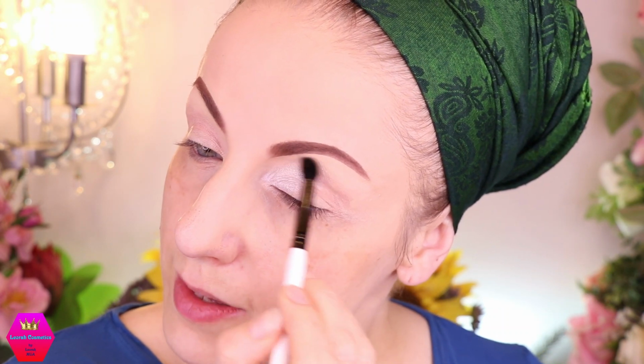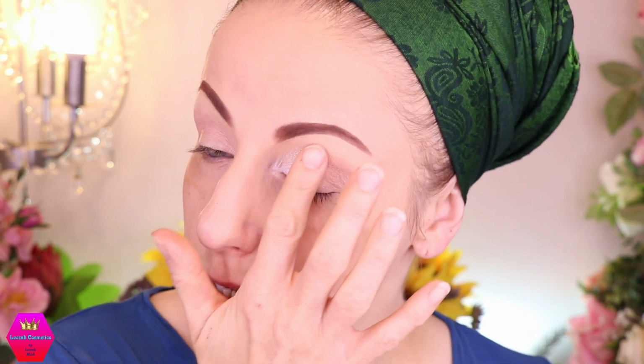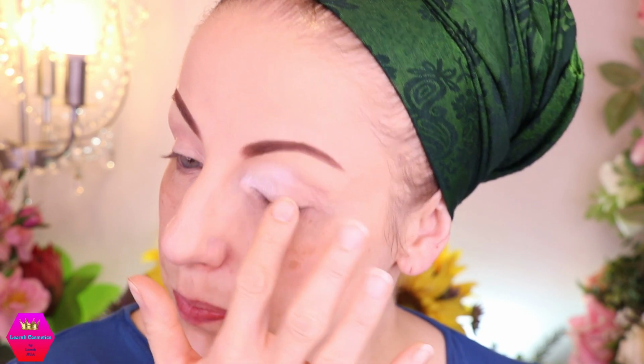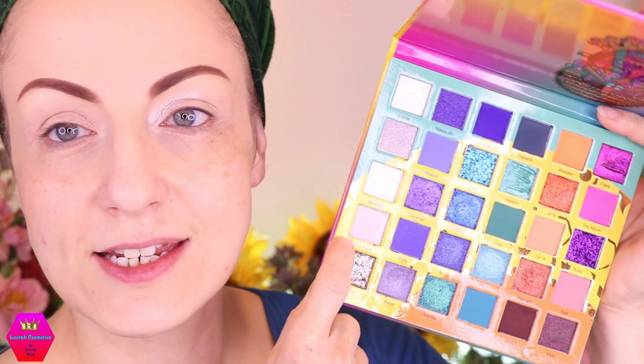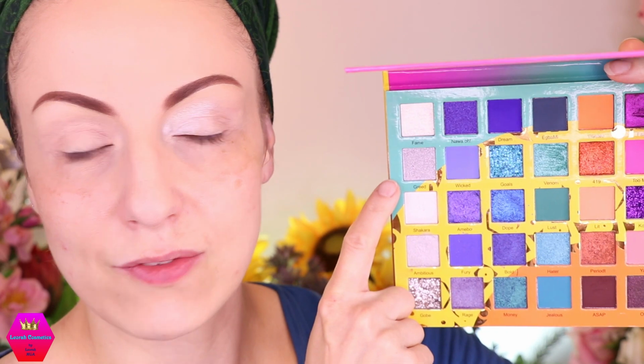But anyway, I feel like blending out shimmer shades is so much easier than mattes. Definitely, I definitely feel like this. So anyway, I'm also going to go in with my finger later on, or now. All right, so let's maybe go in with that next shade, which is this one. This is a tiny little bit, I don't know if you can see it even. This is what we just used, and this is a little bit grayer, and then we have this one, which is of course the darkest